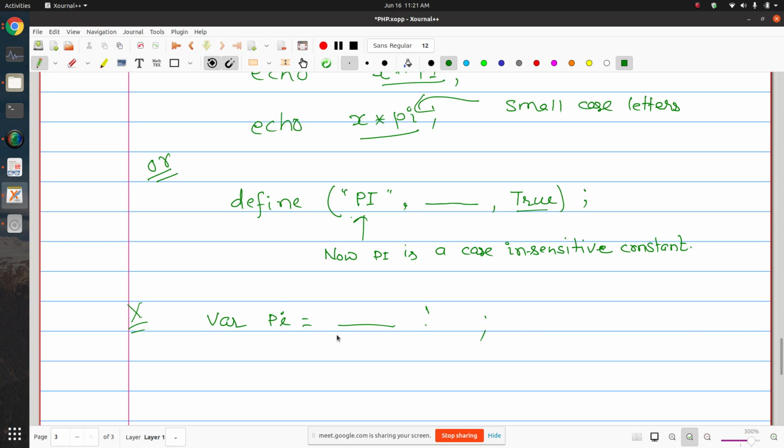If we are using a constant in our expression or in our web page somewhere, then we have inbuilt assumption that this value is not going to change. But if you will implement or define the constant with the help of a variable, then it may be the case that at some place accidentally you may change the value of the variable. Okay, and then it may lead to some wrong results.